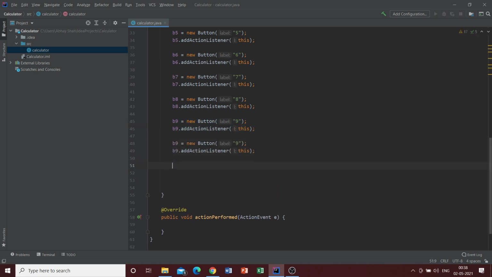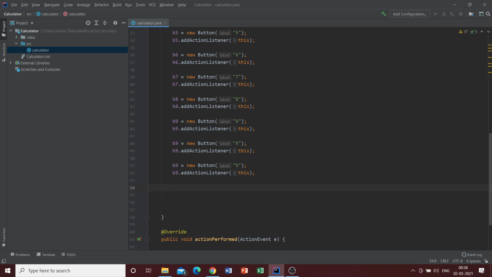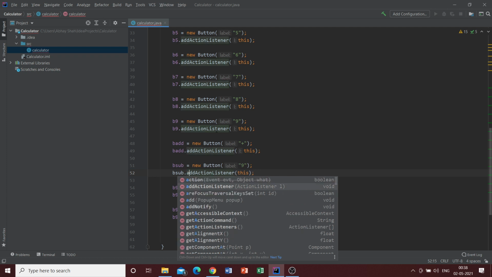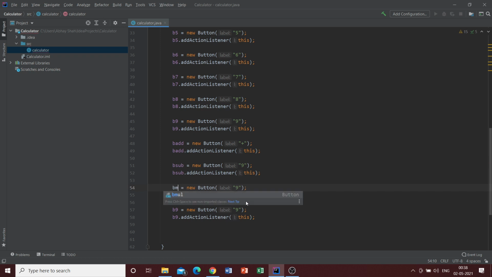it for the operators. Addition, subtraction, multiplication, and division need to be added, right? So this is going to be b add, and the label is just going to be the addition symbol. Similarly, yeah, so once we do this, b sub, b mul,